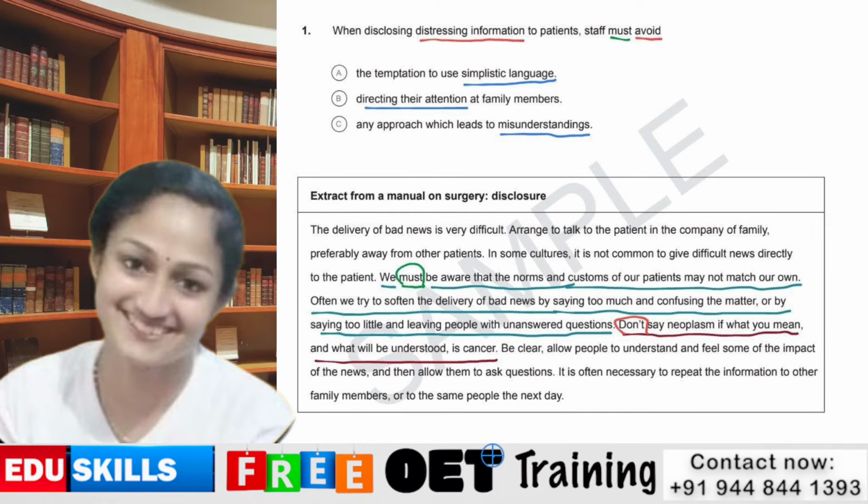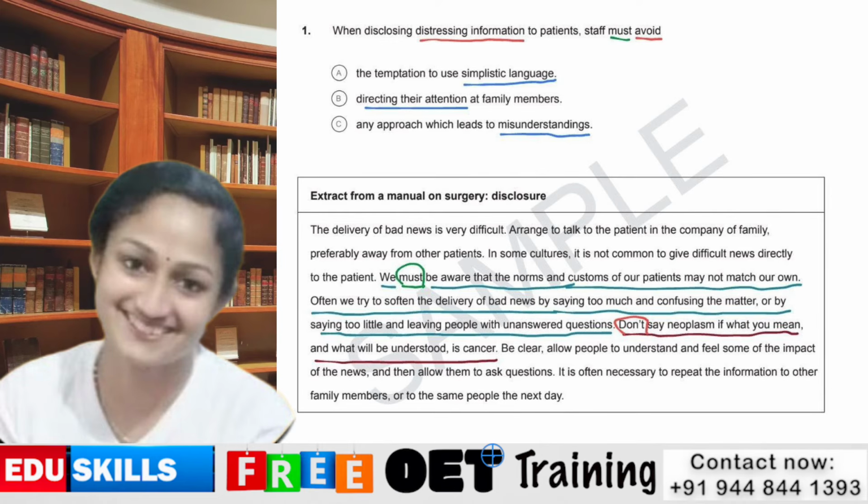And option B is telling us to direct attention at family members, that we need to avoid, but we should not avoid that, because the family members also need to know everything about the patients, and also the patient has the right to interact with the family members. And now we can go through the text, and it is easy to locate the